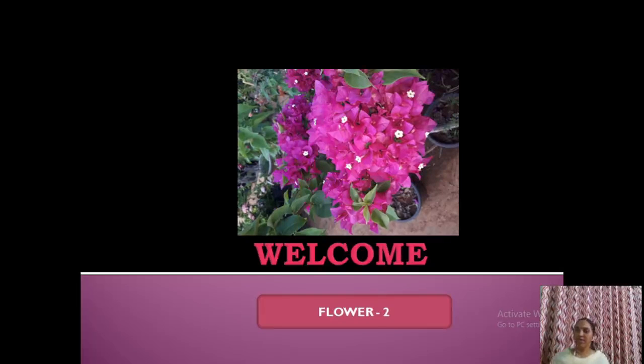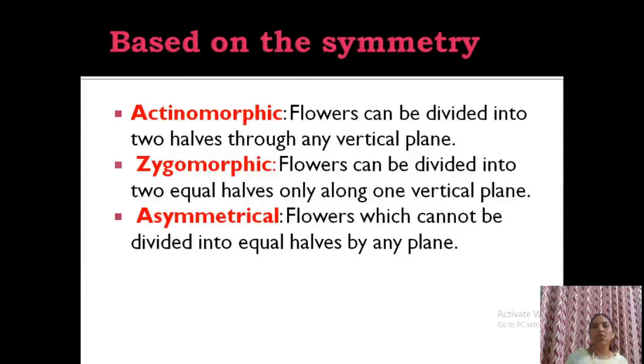Good morning, children. Today is the second part of our discussion on the flower. In the first half you already studied the basic structure of a flower, what the essential whorls are, what the non-essential whorls are, how you can differentiate each part of the flower, and the terms coming under each part. You also studied the classification of flowers based on the position of floral whorls, like hypogynous, epigynous and perigynous. Okay. So in this class, first you will study the classification of flowers based on symmetry.